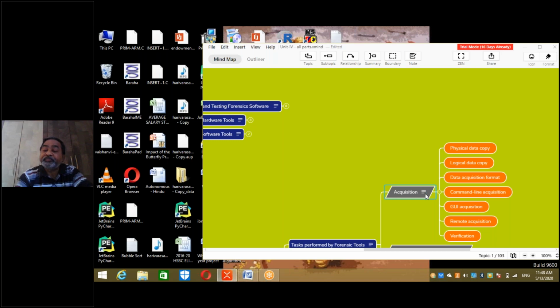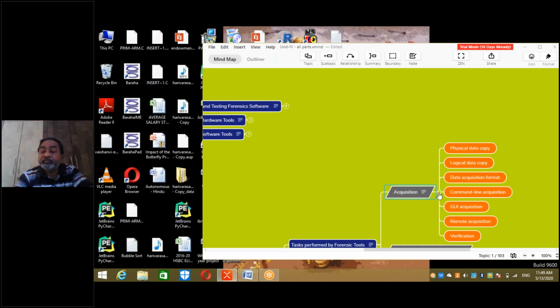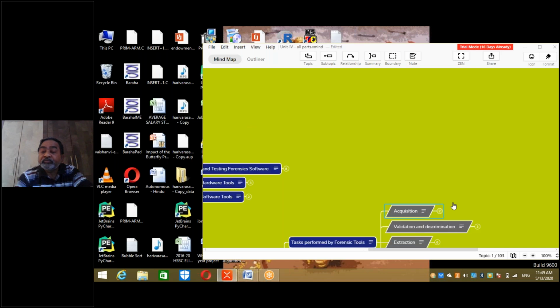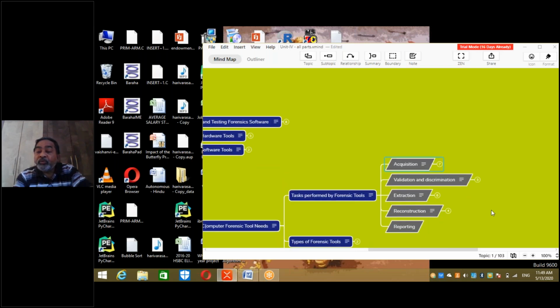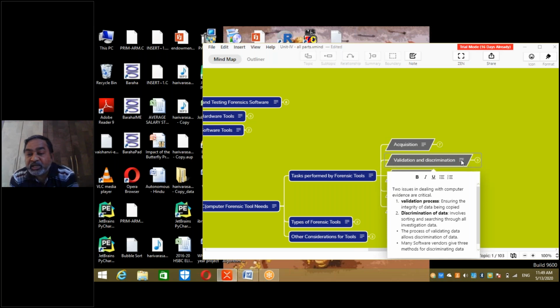Go to the next one. Validation and discrimination. What is validation? Two issues dealing with the evidence, right? First one, validation: ensuring integrity of data being copied is validation. And what is discrimination?